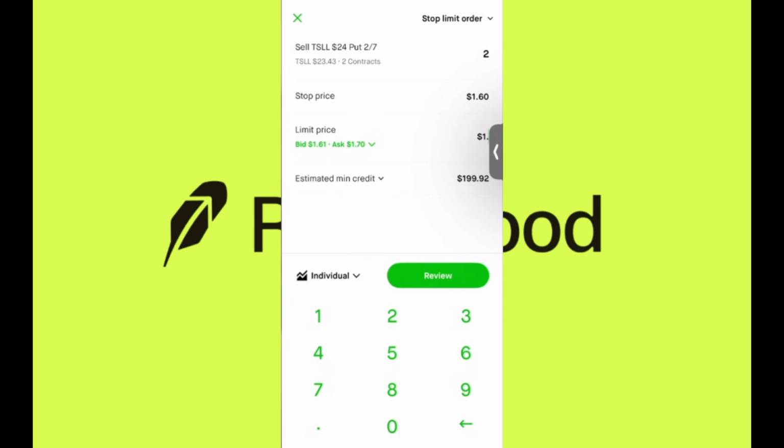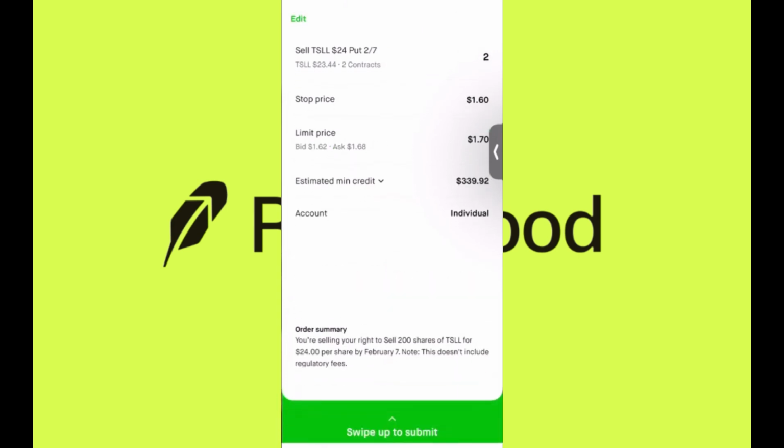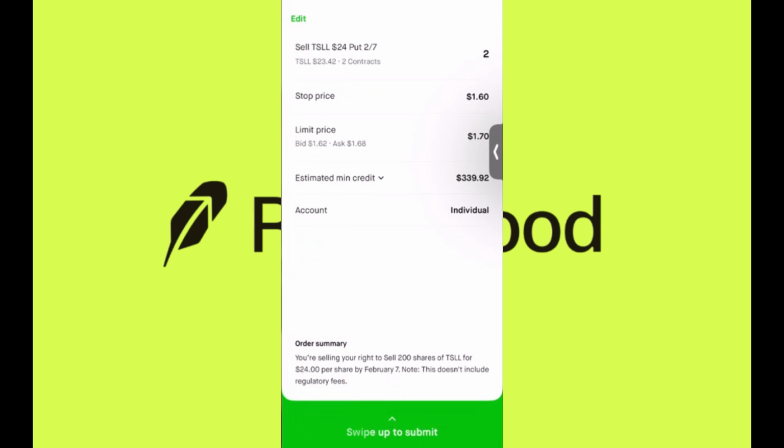You can also use a more advanced strategy. Set the stop loss to trigger at 1.60, but place the limit price higher, for example, at 1.70. In that case, if the price falls to 1.60 and then bounces back, you would sell at 1.70 or higher, although there's no guarantee that this bounce will occur. I'm not going to send it now because the price is very close, and I want to show you the